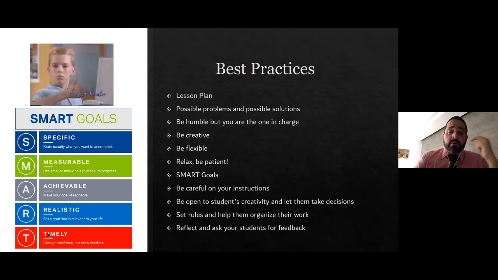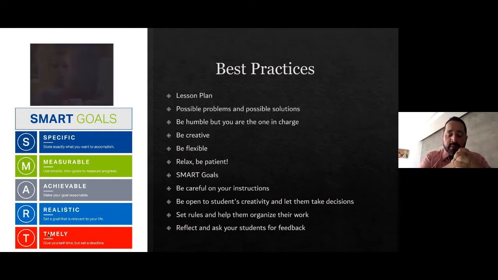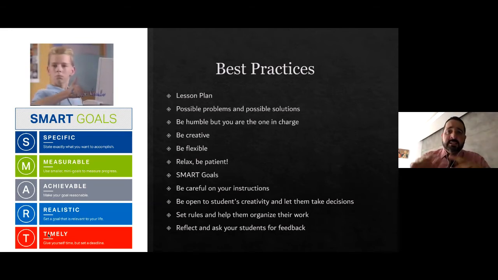Also, be careful with your instructions. When you set instructions, they have to be very simple. Less is more, or I don't remember the quote, right? So you have to be very specific. Be careful with your instructions, especially if you're working with centennials. Centennials don't work with longer instructions.